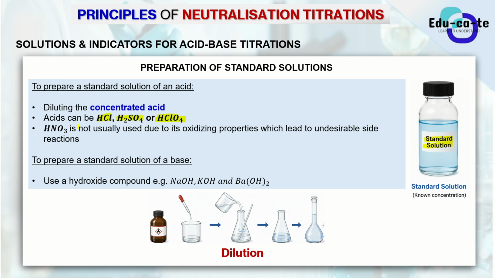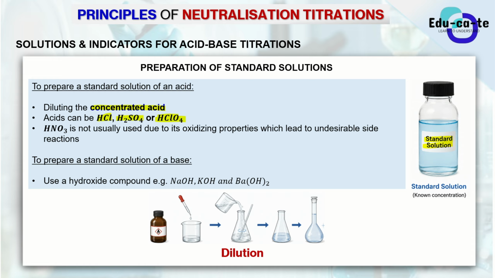So you just take that concentrated acid. It can either be HCl, H2SO4, or perchloric acid as well. And then you dilute that concentrated acid. You need to dilute it because you are forming a solution, right? When you're forming a solution, you need a solute and a solvent. So when you're forming this standard solution, you need the dilution. You need a solvent, which is going to be water. So you use distilled water, and you pour in your concentrated acid, you dilute it. That's where you have formed a standard solution.